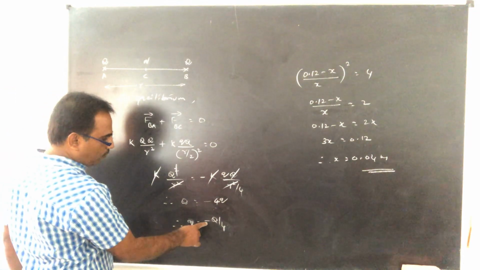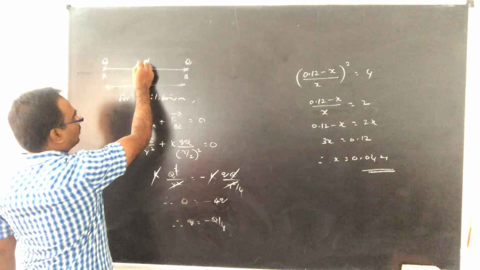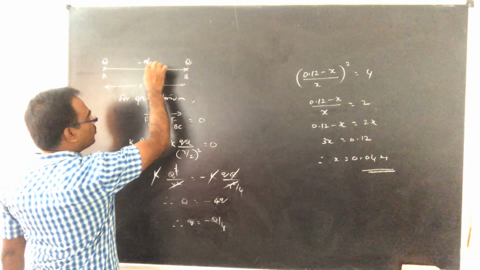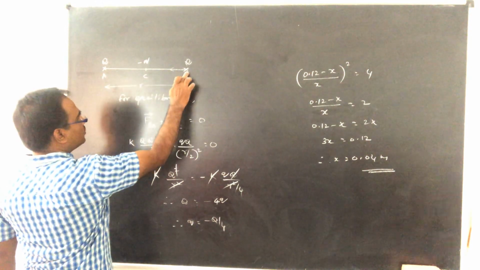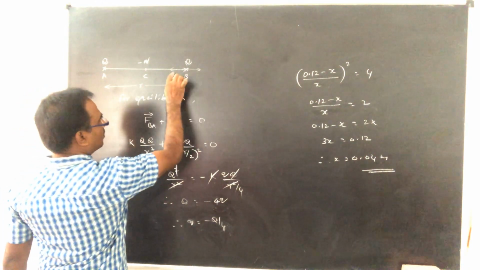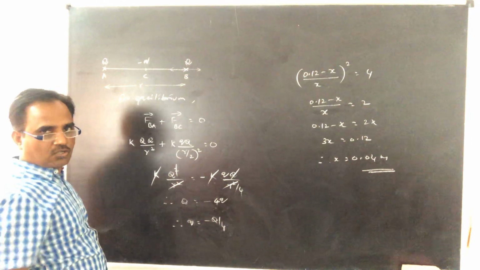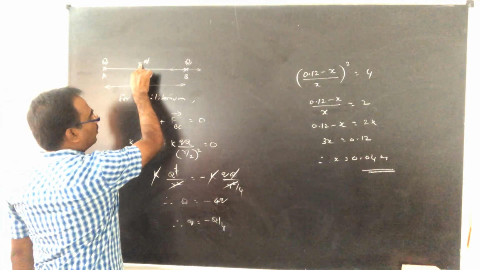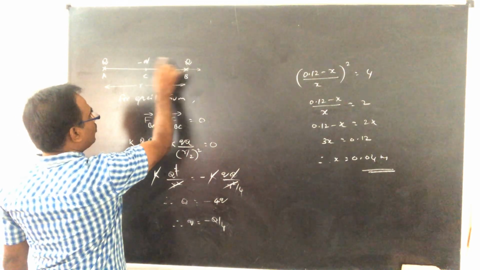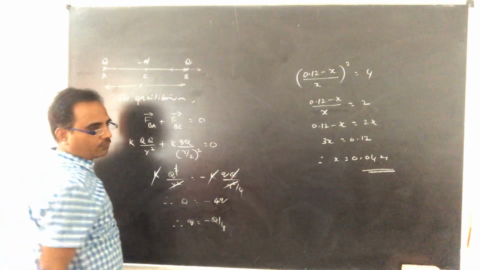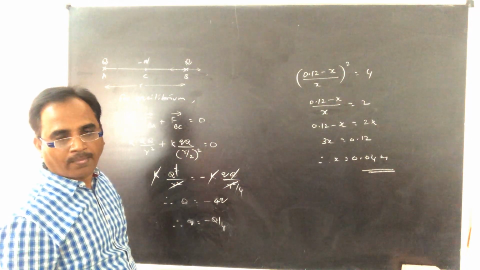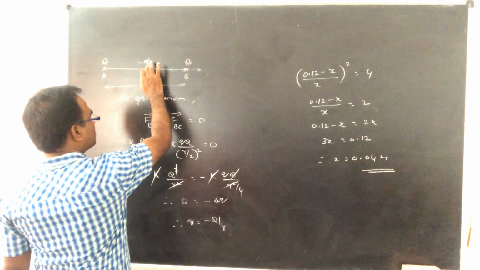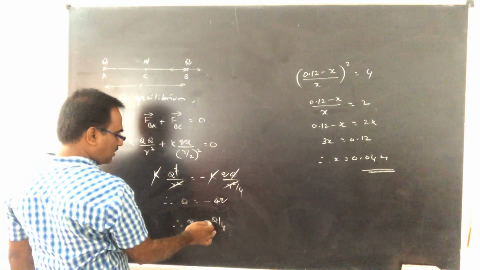See, obviously this charge q must be negative, because if this is negative charge, then only the force on this charge due to the negative charge will be in this direction, force on this charge due to this can be in this direction, so the two forces can become equal and opposite, then they can cancel each other, thereby it can be in equilibrium. Suppose if it is positive, then on this charge due to both these charges force will be in the same direction, therefore it cannot be in equilibrium. So therefore, if the system of these three charges is to be in equilibrium, obviously the charge must be negative. That is how you got this negative sign here.